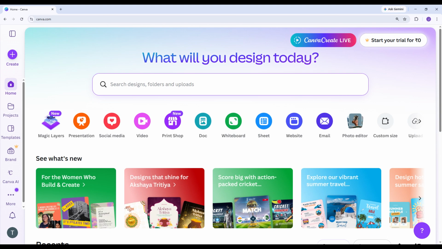To recap, first refresh the page, then check your internet speed, then switch between Wi-Fi and hotspot, and finally disable any VPN or proxy. These are the fastest and most common ways to get Canva loaded again without needing anything